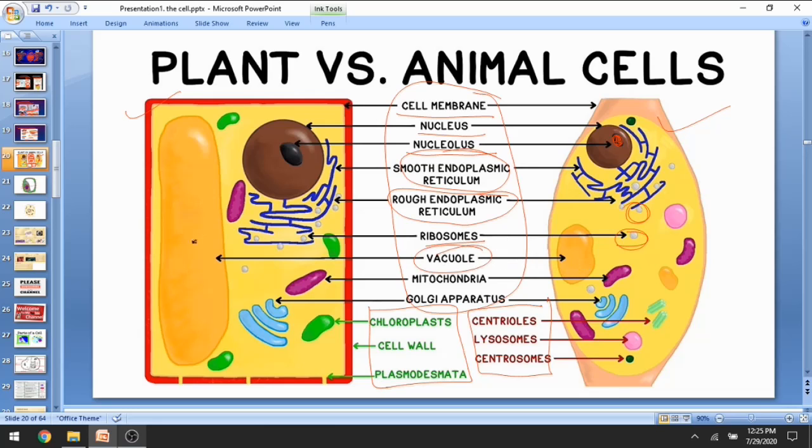Vacuoles are common in both plants and animals. The only difference is that plant cells have a large air sac-like vacuole. Their main function is to maintain the osmotic pressure within the plant body, and to maintain the shape and size of the plant. In animals, more than one vacuole is present, and their size is not as big as compared with the plant. They are present in animal cells in smaller size.